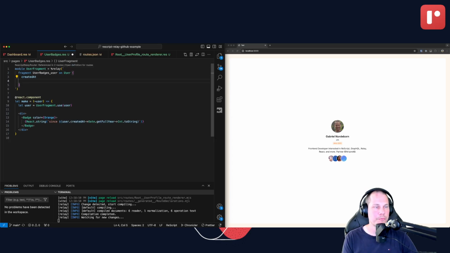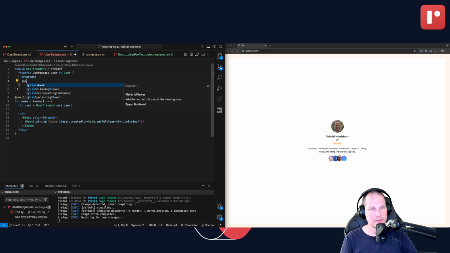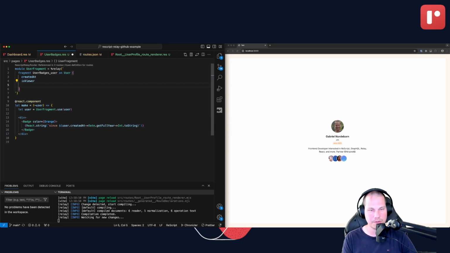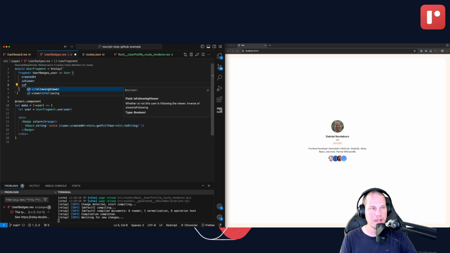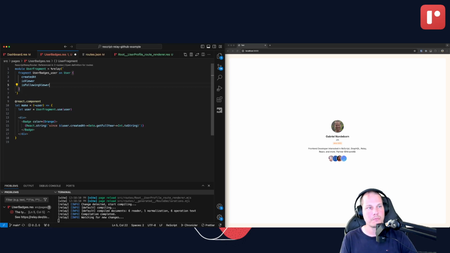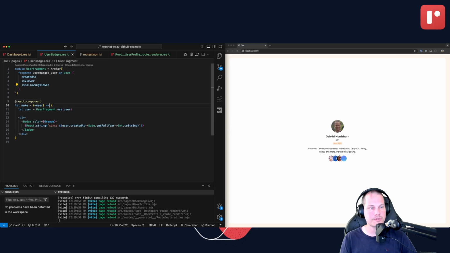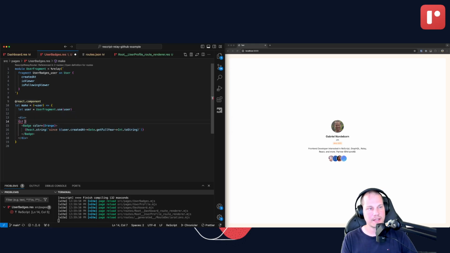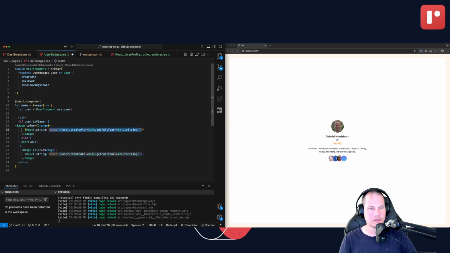And there's a prop in the API called isViewer. As you can see, whether or not this user is the viewing user. Perfect. And there's also one that is whether the user is following the viewer. Perfect. So we'll pull out both of those, and then we're going to go ahead and render these here. So we'll take if user is viewer, we'll render a badge saying is you. A nice little,